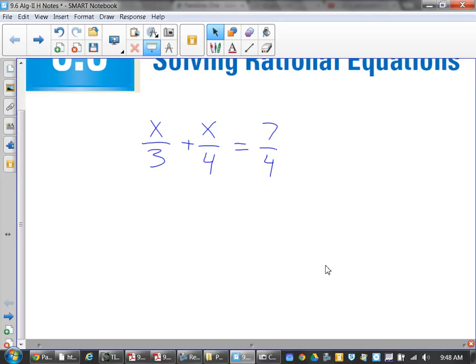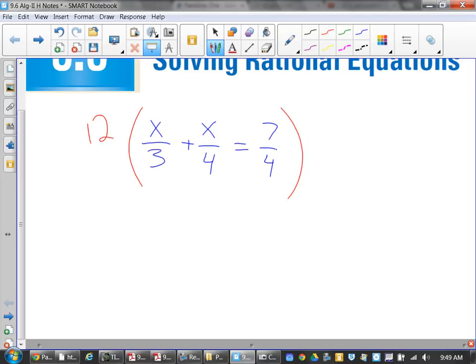But better still, if I can figure out something to multiply both sides of the equation by, I can get rid of the denominators and make my life even easier. So I look for the common denominator of all three parts. What's the common denominator of 3 and 4? 12. So if I multiply everything